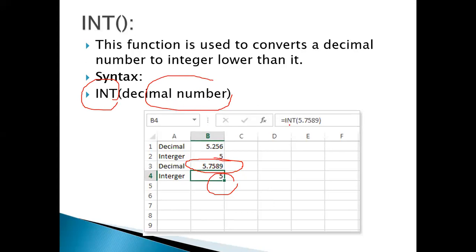If you just click on this formula bar here, this is the formula. That's the formula bar where exactly which formula you have entered in your Excel sheet. So this is int, with the number in parentheses.